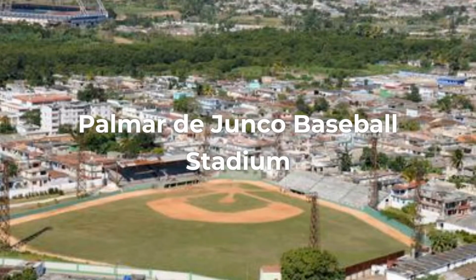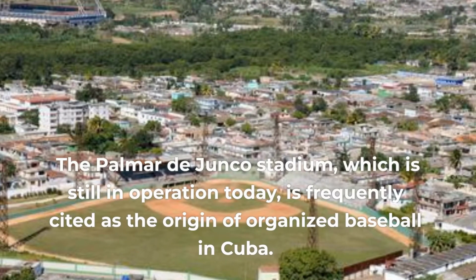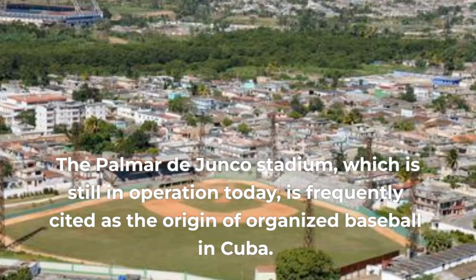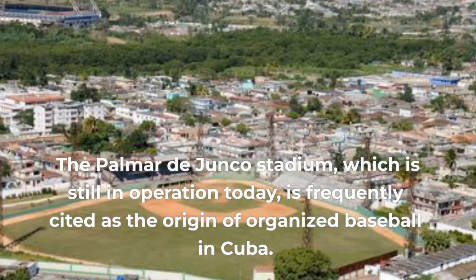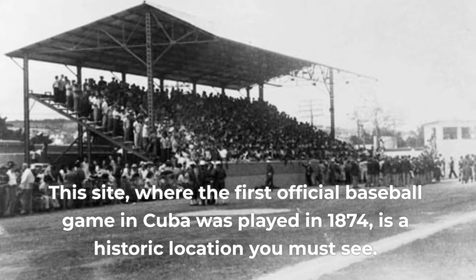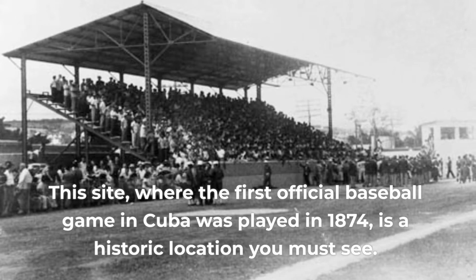Palmar de Junco Baseball Stadium. The Palmar de Junco Stadium, which is still in operation today, is frequently cited as the origin of organized baseball in Cuba. This site, where the first official baseball game in Cuba was played in 1874, is a historic location